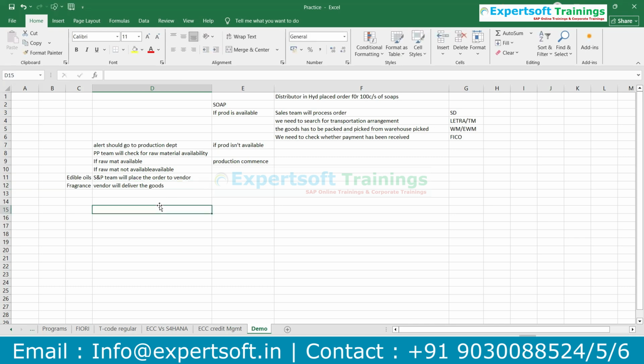Okay, if our terms and conditions with vendors are that we will go to the vendor premises and pick up our own material because we have a transportation facility, then again your transportation, TM, will come into the picture while we are getting the goods. Again, whatever raw material we procured from the vendor has to be placed in a proper warehouse. Then your WM will come into the picture. Okay, and for the vendor we need to pay the money. Okay, then your FICO will come into the picture,